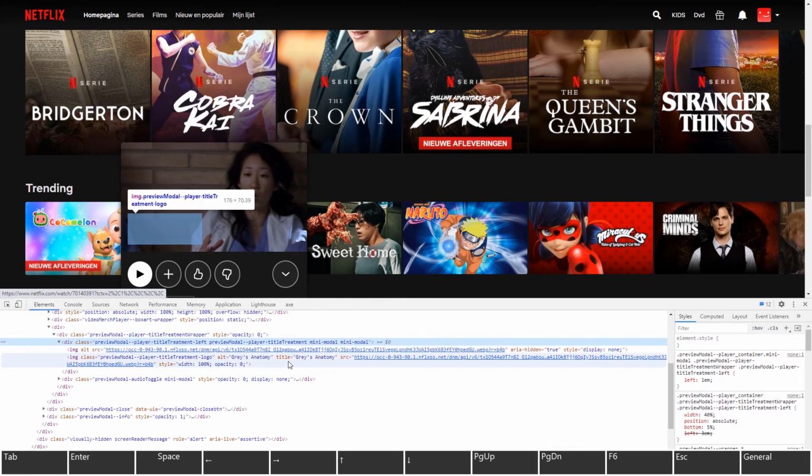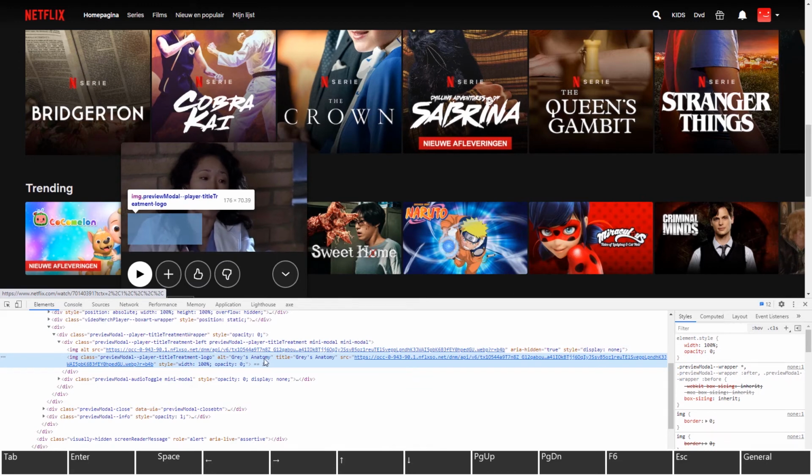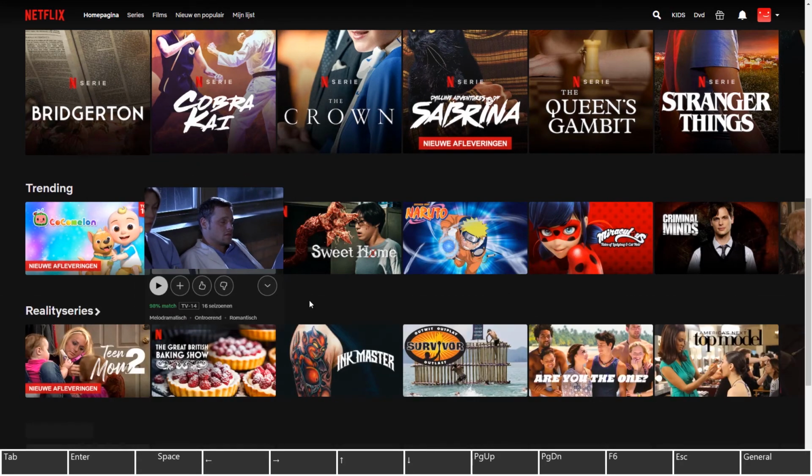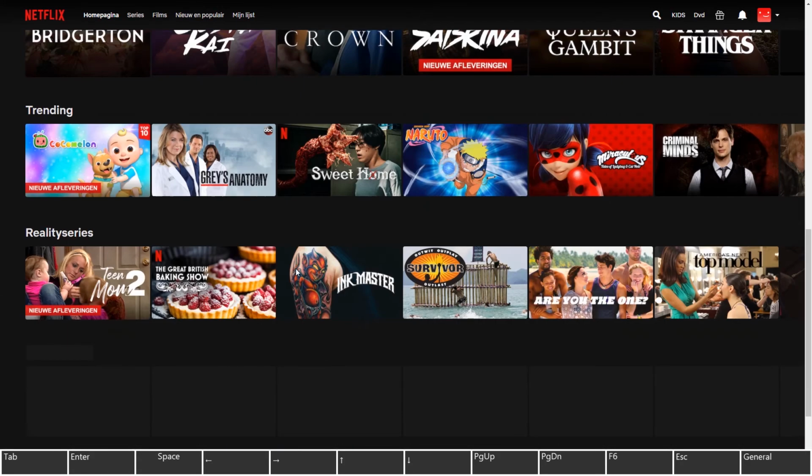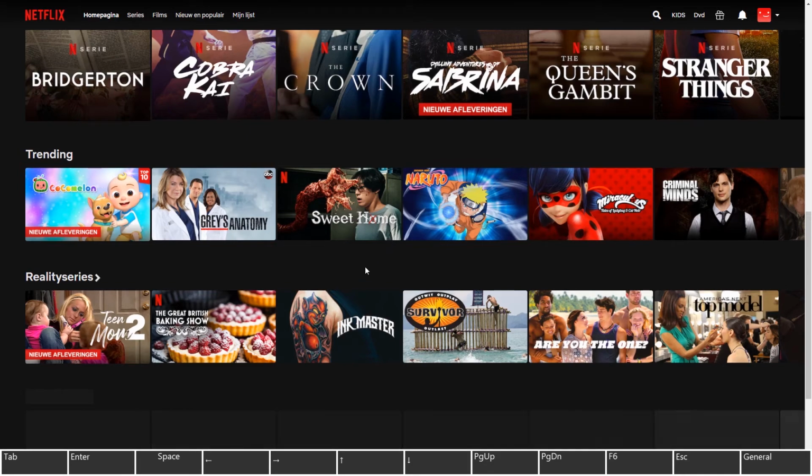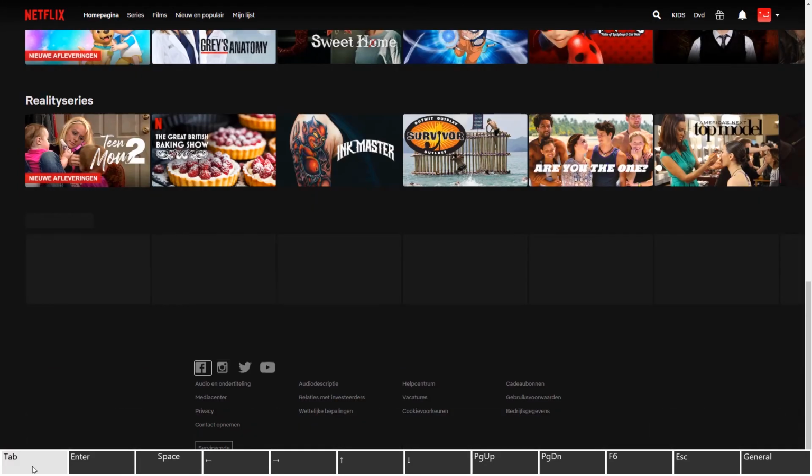So they have hidden the image. Okay, there's a note. Grey's Anatomy. Okay, Grey's Anatomy. The title is redundant, but it has a note. Okay, it's not as bad as it could have been. So screen readers will be able to announce them. It's interesting because these are, I guess, more user-friendly for screen readers, but I haven't tested with screen readers, so I can't really tell. So I'm gonna keep pressing tab until I reach the bottom of the site.